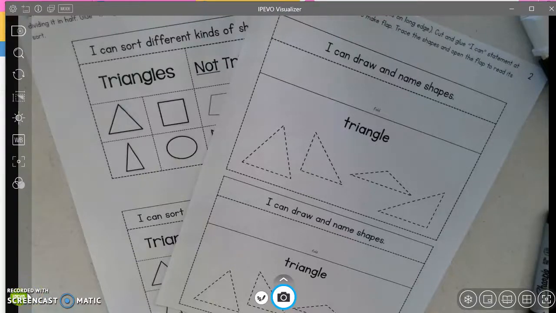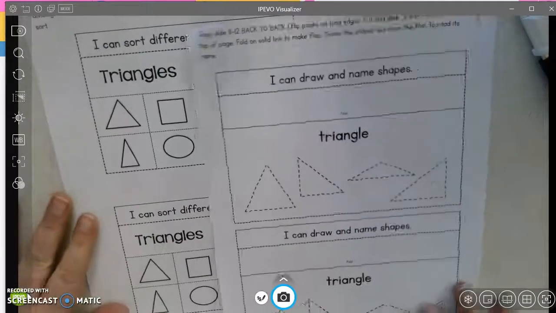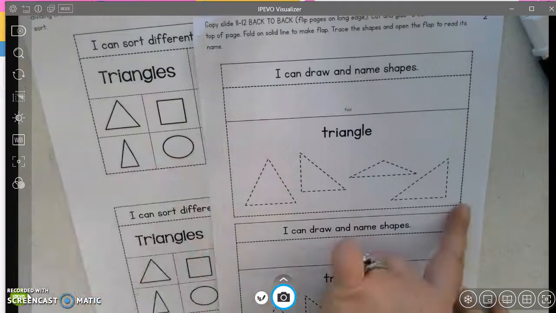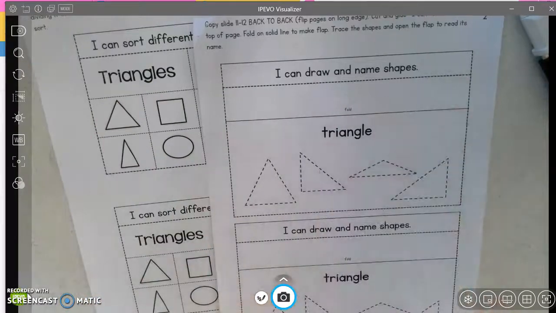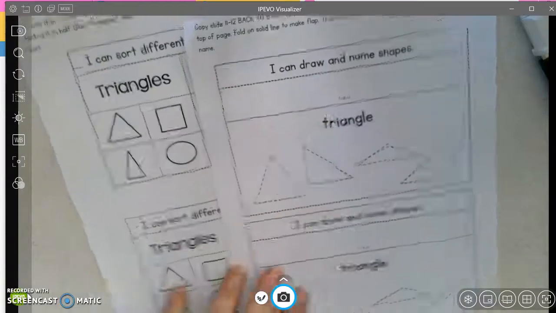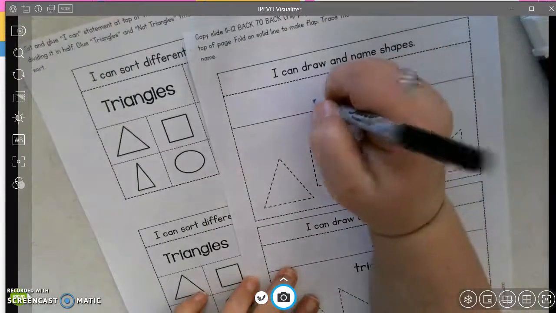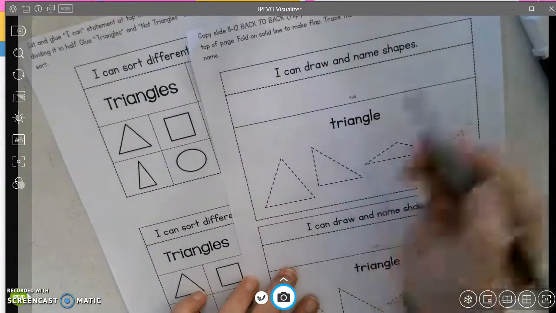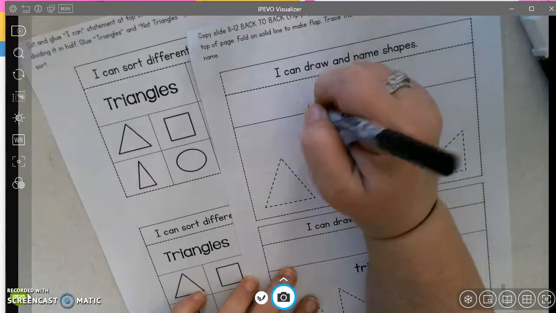Today is going to be quick directions because we have practiced this. So today I want you to practice by yourself, okay? But remember, you're going to cut this out and put it in your notebook. And then what we're going to do on this line is write the word triangle, and the word is right here to look at. So we're going to write,